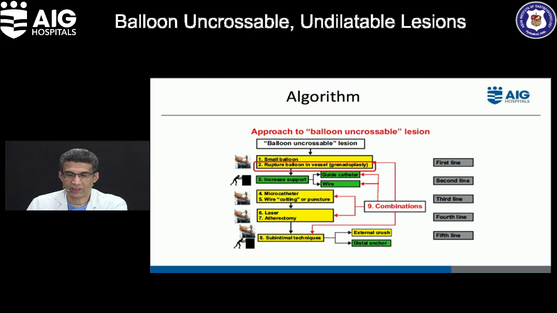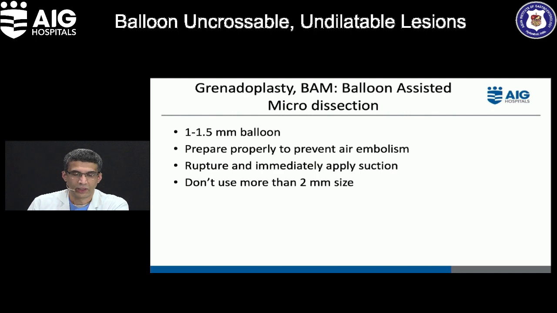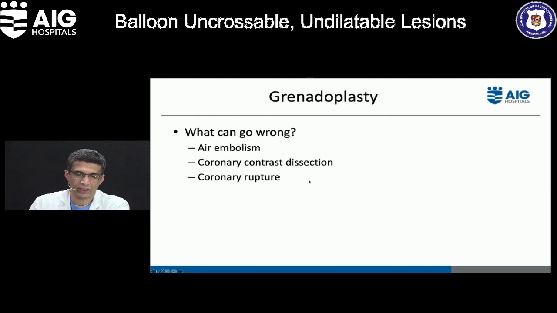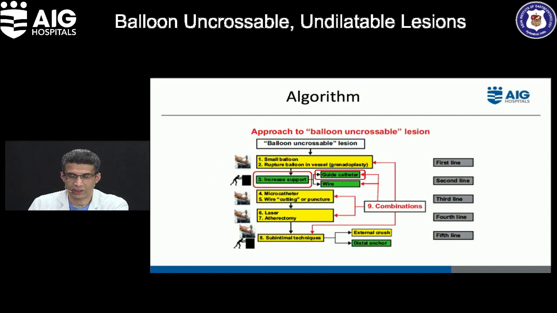Of course, granuloplasty is something which is described in literature, but this is not what we use commonly. Now, important thing to remember here is you use a very small balloon, 1 to 1.5 mm balloon, and never exceed around 2 millimeters. So you just put there and then keep increasing the pressure till the balloon actually bursts. Naturally, you should make sure that it is prepared well, because if there is air there, it can cause air embolism. The contrast can cause dissection, and very rarely it can produce coronary rupture. But if you follow the principle of 1.5 balloon or 2 mm balloon, it hardly occurs. Again, re-emphasizing that we hardly use this methodology.